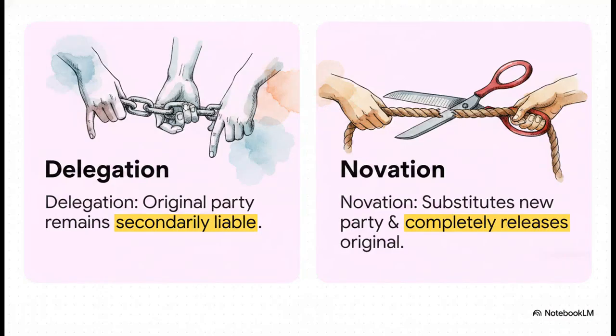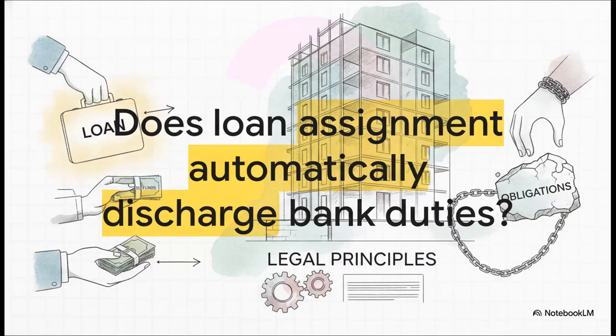We really need to untangle these lookalikes because the crucial point here is liability. Assigning rights and delegating duties leaves the original delegator on the hook if the new party messes up. You are still the guarantor of performance. But a novation? That's a total substitution. It completely cuts the cord. It brings in a new party and explicitly releases the original party from all future liability. So, let's say a lender hands your loan off to someone else.